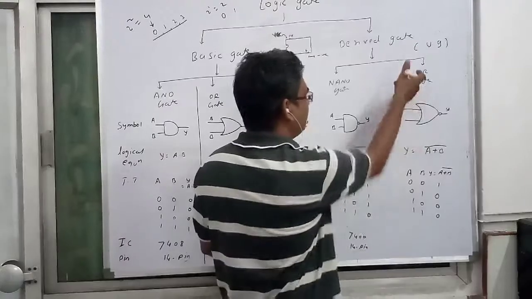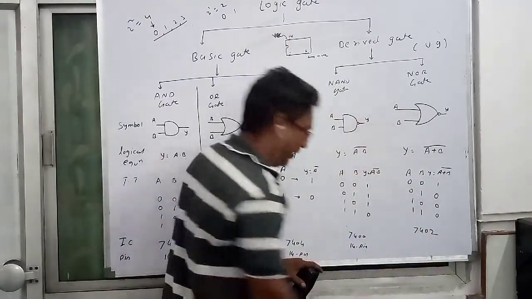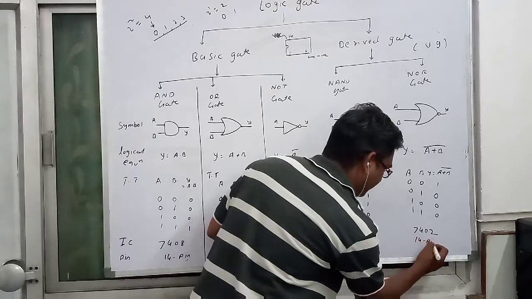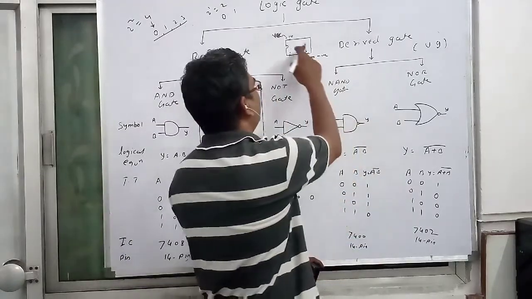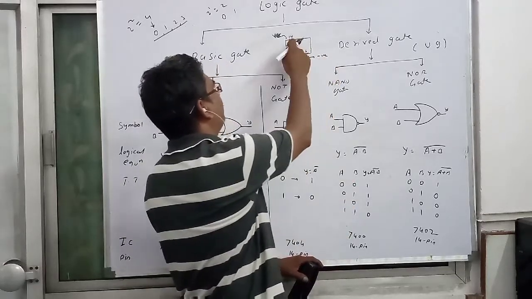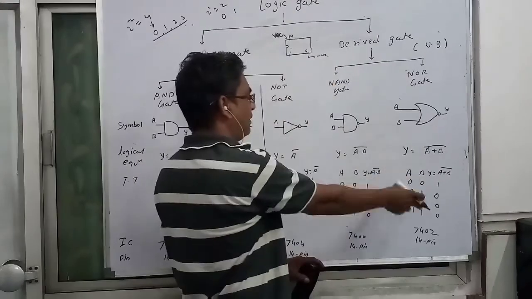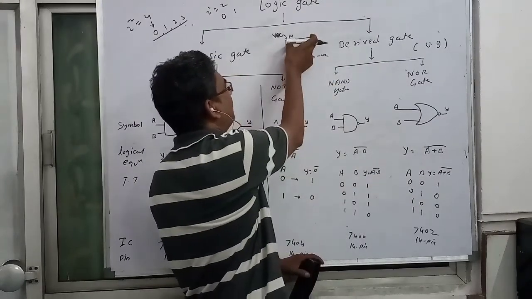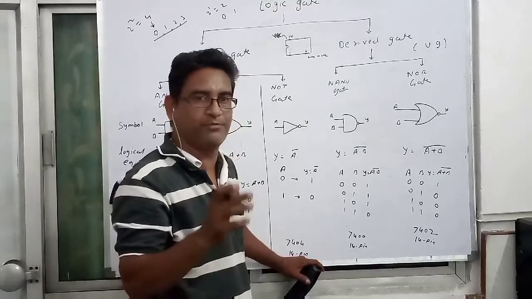The IC which is used for the NOR gate is 7402. Again it is a 14 pin IC. This 14 pin, again in this format, if you use, pin number 7 is negative and pin number 14 is positive. Then from pin number 1 to pin number 6, again 2 gates are below and 2 gates are upward. So again in that 14 pin IC, 4 gates have been used.